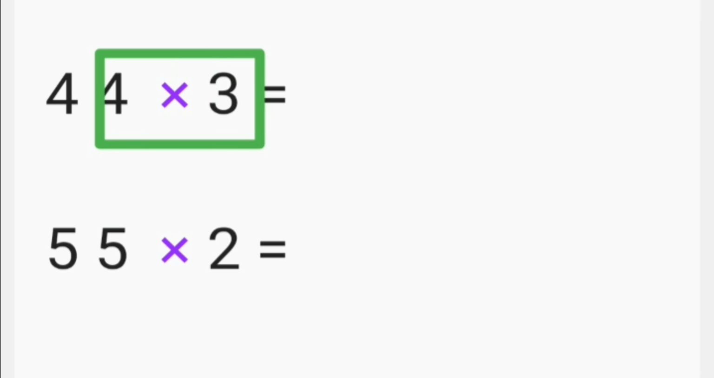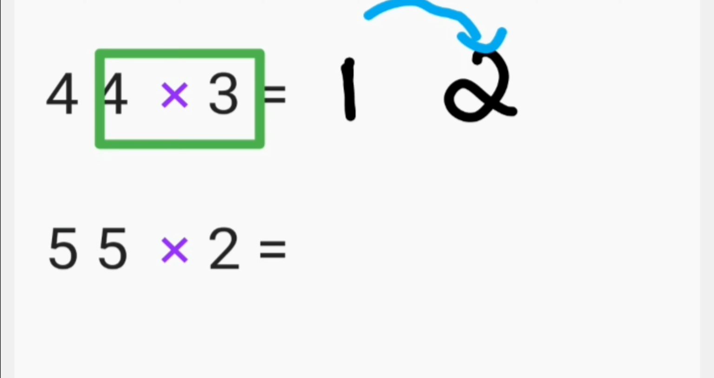Same way you'll have to add these numbers. 4 3s are 12. Okay. Add these two numbers and see what answer you will get. So 1 plus 2 will be 3, right? Next,